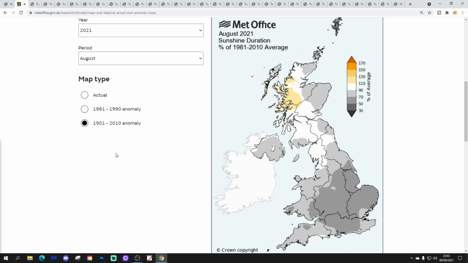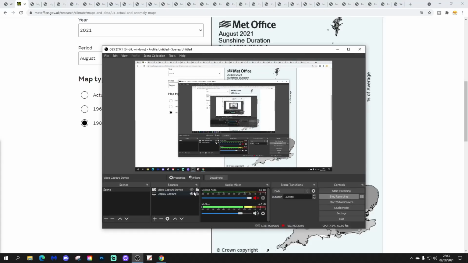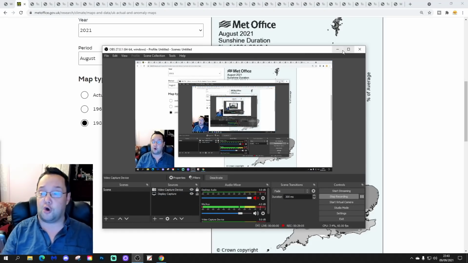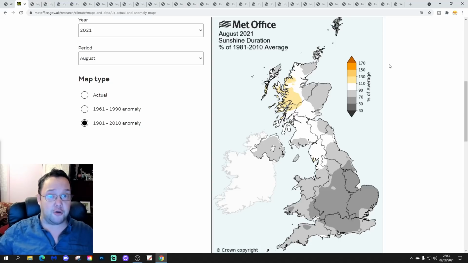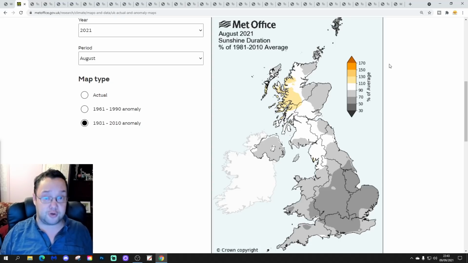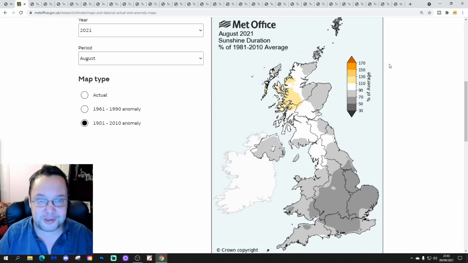Some areas got 50 to 30% of their average sunshine, with just the far west of Scotland standing out as having a slightly sunnier than average month. But this really was a very, very dull August, and it's actually in the top 20 dullest Augusts. You'll remember when we did our final autumn update, we looked at autumns following the top 20 dullest Augusts. We did not know for certain if August 2021 would come out within the top 20 dullest. Indeed, it has, so the projection was pretty good there.